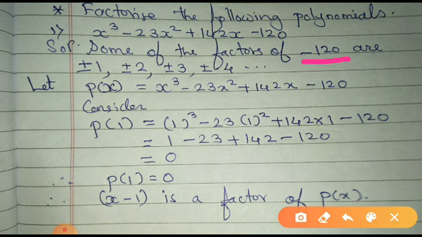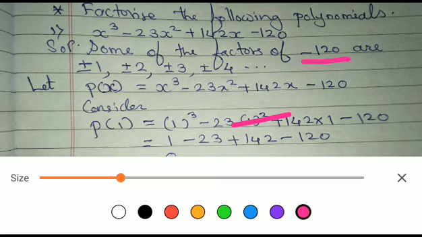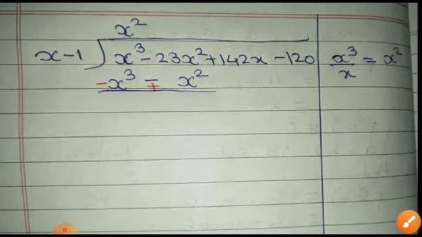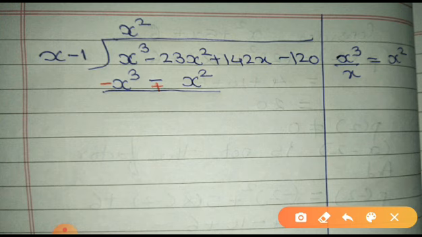So here again, if your long division method is not clear, just clear it off. Doubt should not be there. So the given polynomial I am dividing by x minus 1. Now see whether everything is written in descending order. Yes: x cube, x square term, then x term and constant term. What is our first step? Divide the first element by the first element of x minus 1. So will I get x square?